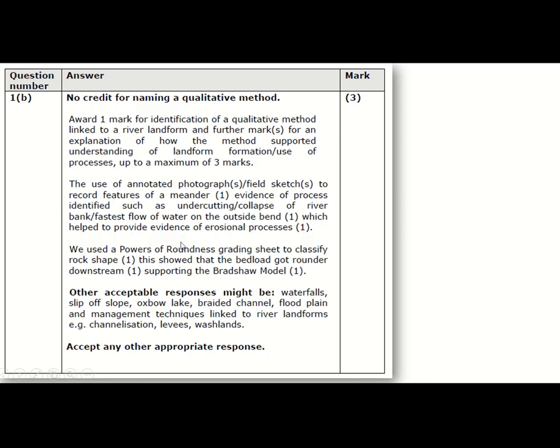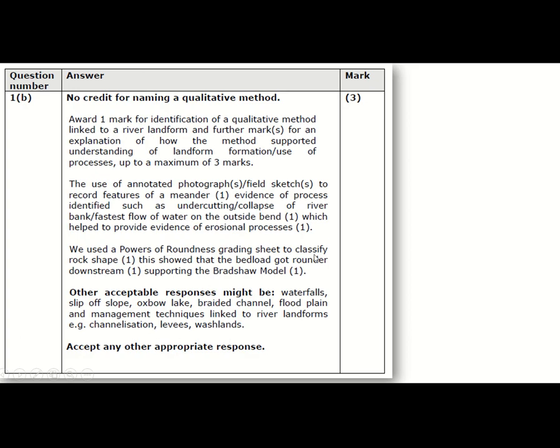Don't be focusing on things like meanders, oxbow lakes. We don't have them in the Swannington Beck at our disposal. Okay, they've shown you all the things you could have mentioned. Waterfalls, nothing in Norfolk like that. Oxbow lakes, again, not. Slip-off slope, some in Norfolk but not near to us. Floodplain, loads of that. River management, channelization, whatever. So